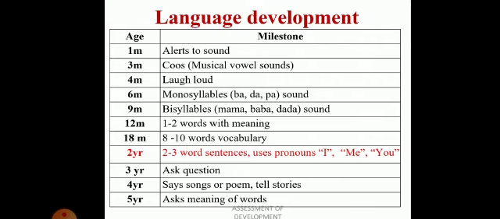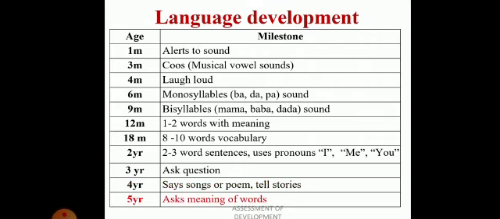They will be telling 2-3 word sentences, very short sentences, and they will also be using pronouns. They know how to use the pronouns, so I, me, you. Now they understand the meaning of I, me, you, they, he, she, etc. Now at the age of 3 years they will also start asking their doubts. They have understood everything and they also have doubts, so they will be asking questions to solve them. Now at the age of 4 years they may sing a poem, they may say a story also,